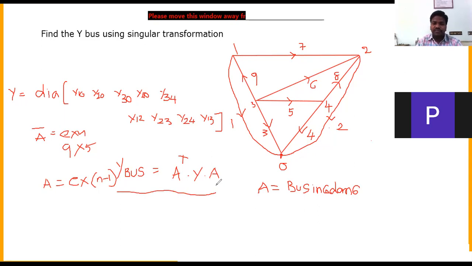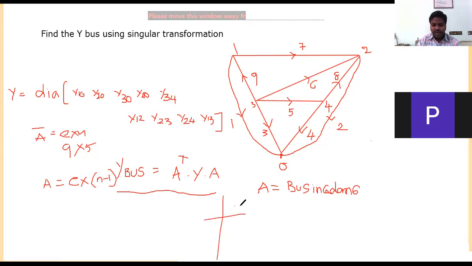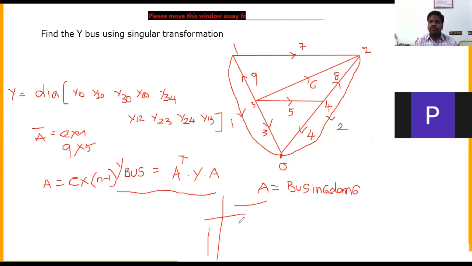Now here A is different, A bar is different. So in order to obtain A, first of all you need to obtain A bar. A bar is nothing but the element node incidence matrix, and you already have some knowledge to form the A bar element node incidence matrix. So you can form a table. Consider the number of nodes in this direction and the number of elements in this direction. Please try to obtain the connections. If there is any connection, please identify whether it is directed away or directed towards. According to that, you substitute 1 or minus 1, and 0. After obtaining that, you can obtain A transpose.